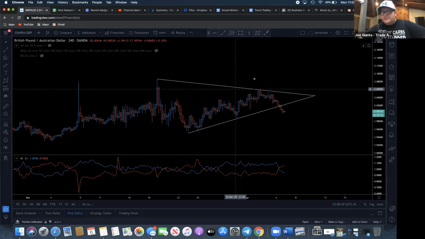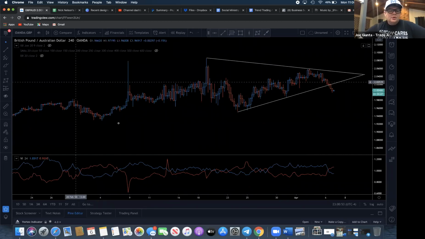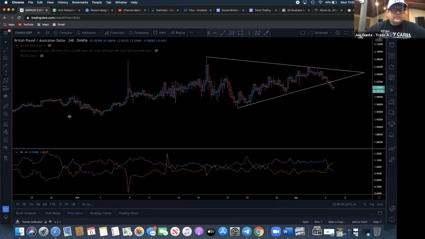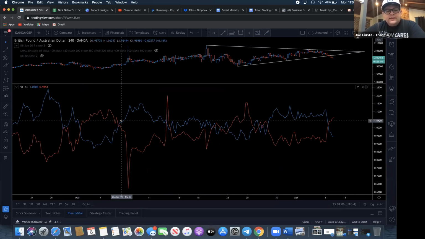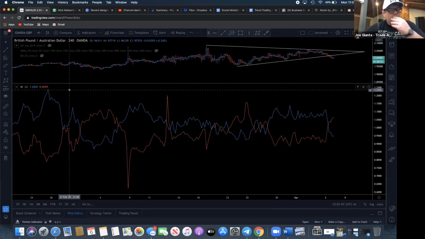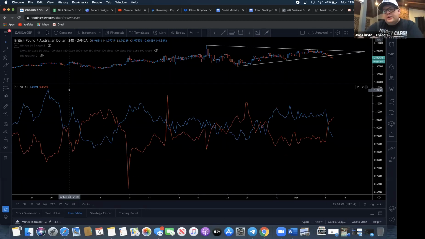Yep, it's a wedge. But how would I have known that, right? So watch this. Let's go to the ATR or to the Vortex. This is not what you may think it is. This is not a moving average crossover. This is a volume indicator, which means we don't use it for entry. We don't use it as a sole source of trading. We use it as a confirmation of price action, right?